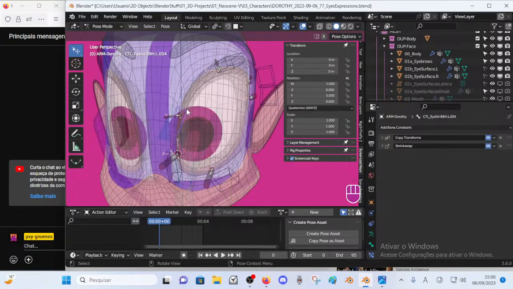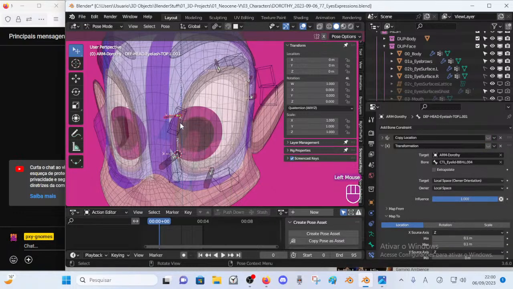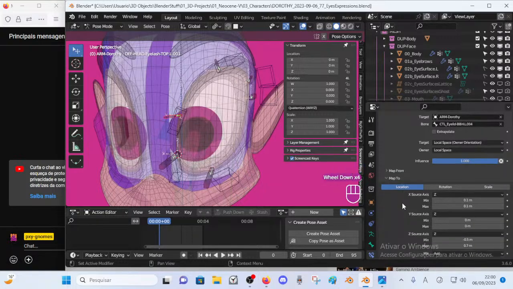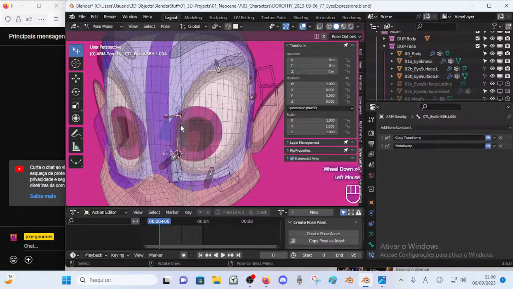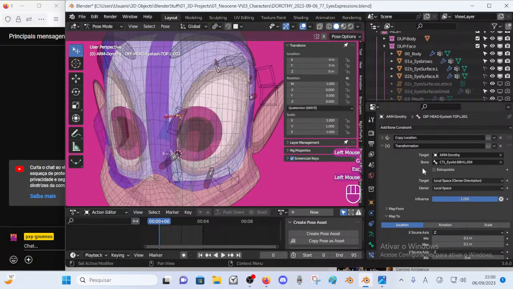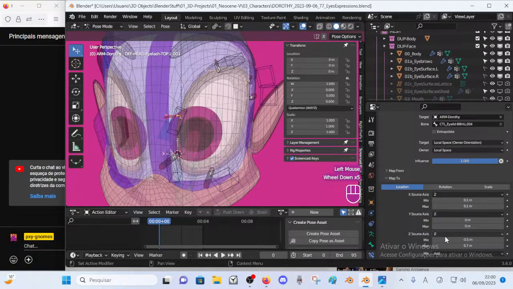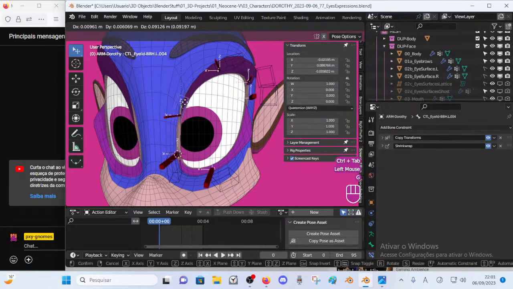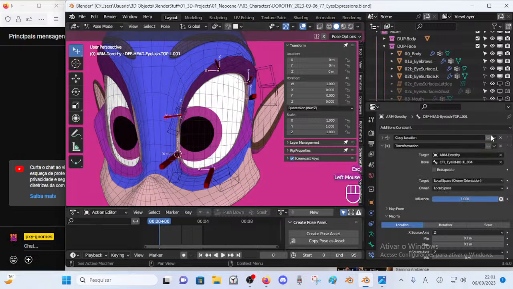I hope this works, but it will be a bit hard to visualize if it actually is working. Anyways, I collapsed the map from, and now let's go for the map 2. So now what we are doing here is that we need to, yeah, let's do this. Pose mode. Okay, of course we need to re-enable this as well as this.